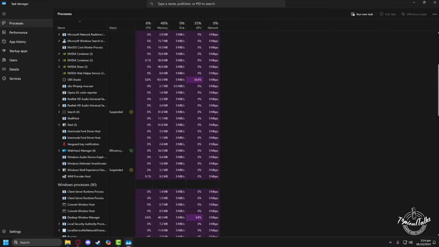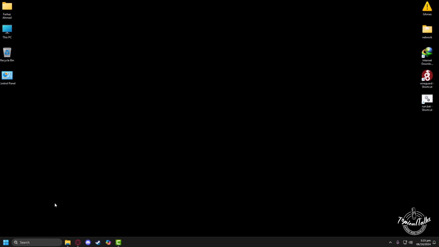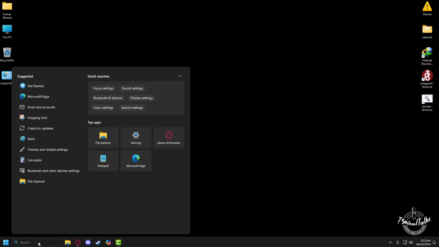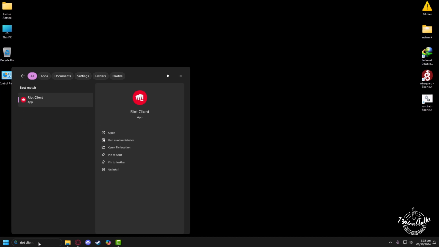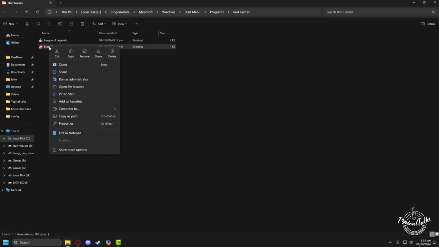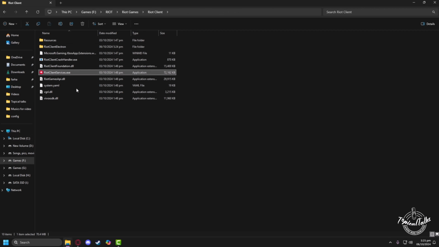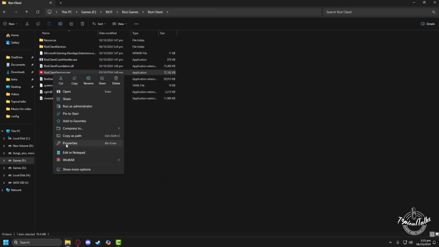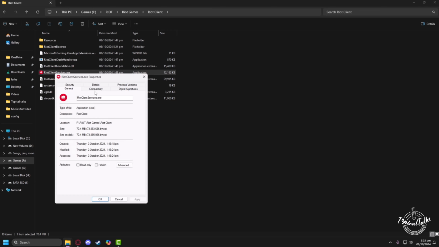Now in order to fix this issue, firstly we will go to the search panel. From here we'll type Riot Client, then click on Open File Location, then right click on the shortcut of Riot Client and go to Open File Location again. Now we'll go to the Riot Clients folder and need to right click on the Riot Client services, click on Properties, go to Compatibility,